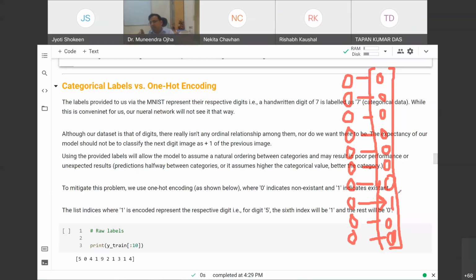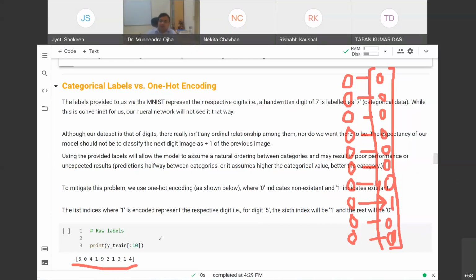So except for index number 7, all other indices should give me a value 0. And since I'm going to use the sigmoid function, which produces an output between 0 and 1, only the 7th index should have a value of 1. But my output is not in this fashion. My output is in this format: 5 0 4 1 9 2 1 3 1 4.